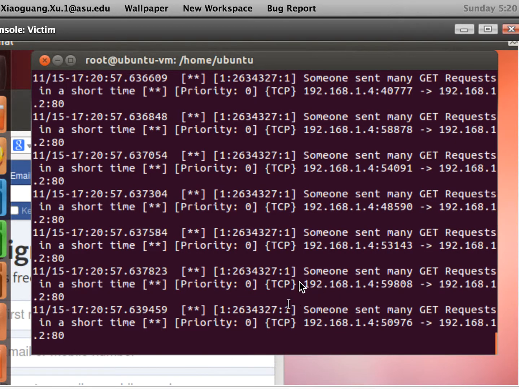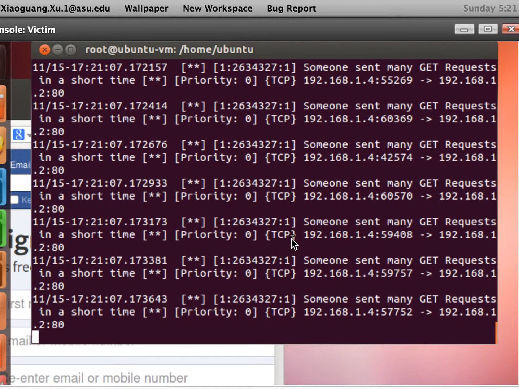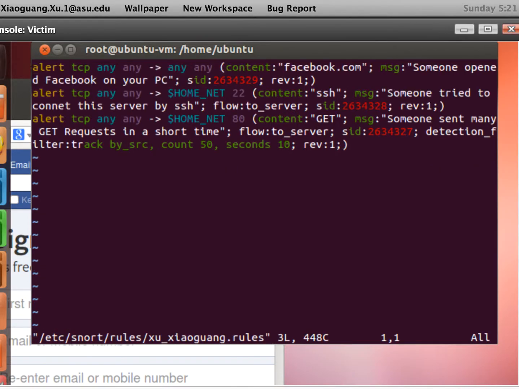And we can see somebody is sending many GET requests in a short time. And if we increase the count number, for example, to 5,000 in 10 seconds,